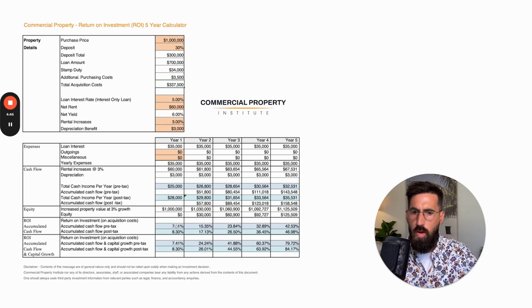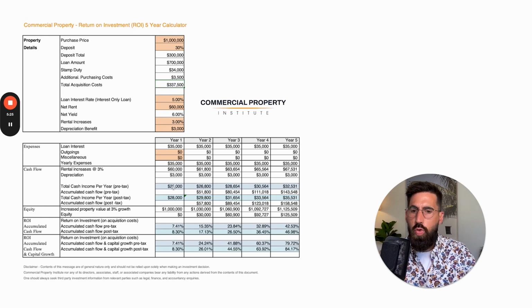on investment. So pre-tax, we're getting $25,000 a year cash return on that $337,000. So quite simply, we look at it as a return on investment, the percentage of that actually yields. So we actually then look at return on investment, which is what we actually get on the money we're putting into the deal. So on this scenario where it's